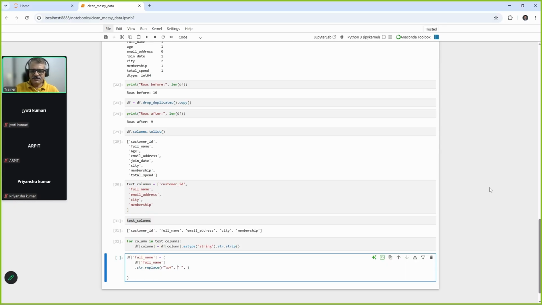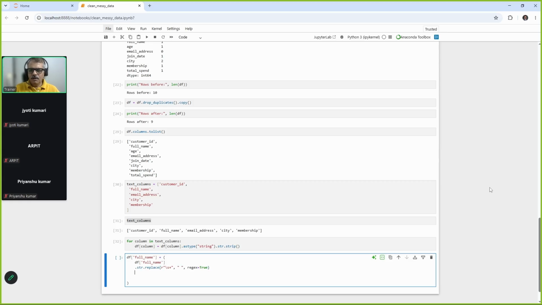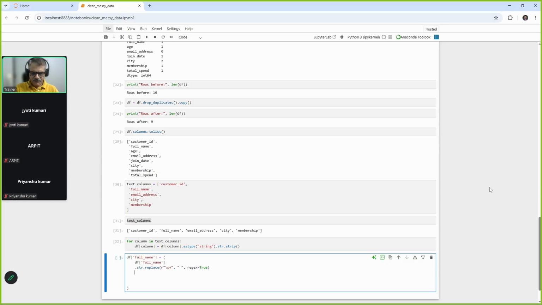Okay, this is a regex. So this statement will replace multiple spaces with single space,